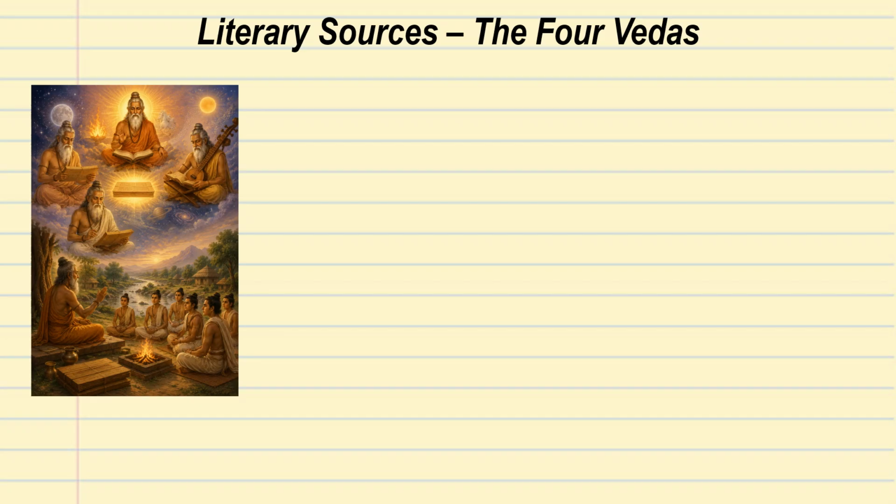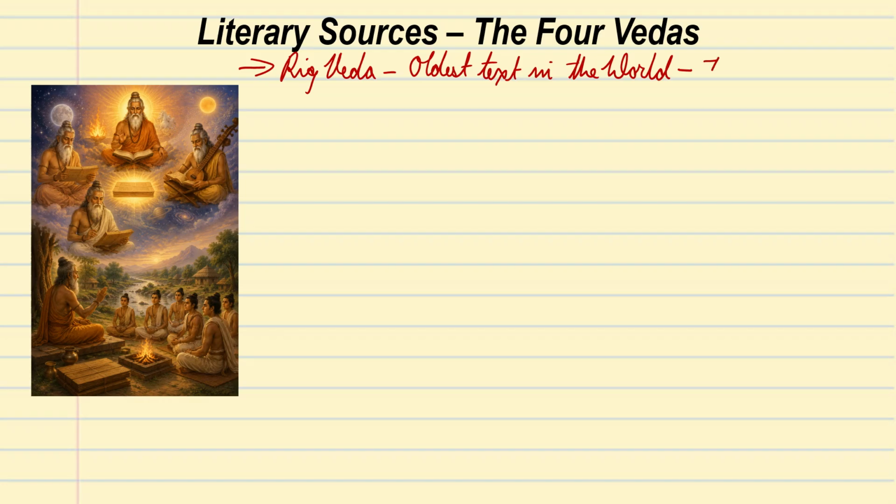Literary sources, the four Vedas. So, what are the four Vedas? At first, we will start with Rig Veda, which is the first Veda and the most important one. So this is the oldest text in the world. So Rig Veda is the oldest text in the world, and it is known as the first